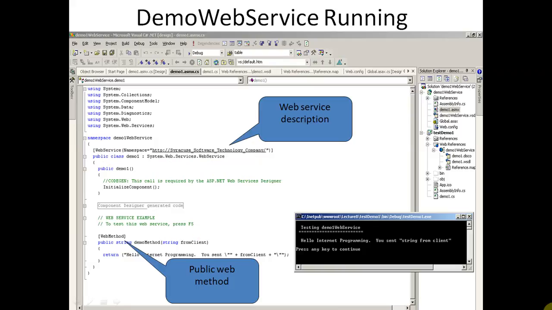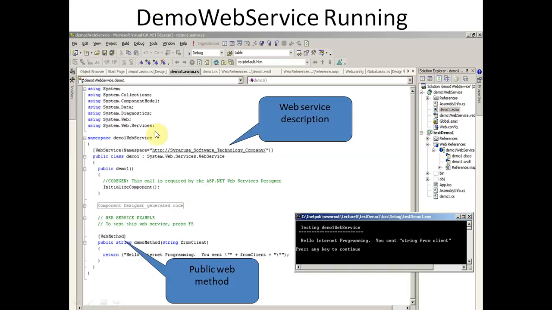Inside the demo class we have a demo constructor as well as a demo method. In the case of any web service, before any function we must write this attribute, WebMethod. So we must write this WebMethod before the method of the web service, and this is the constructor of the class. But we can remove this part, and inside demo1 we can write our own function.